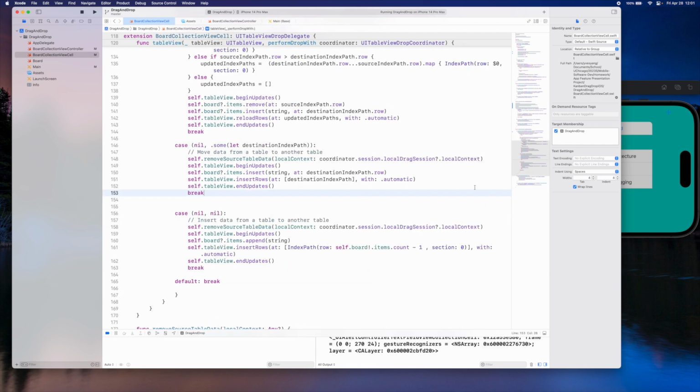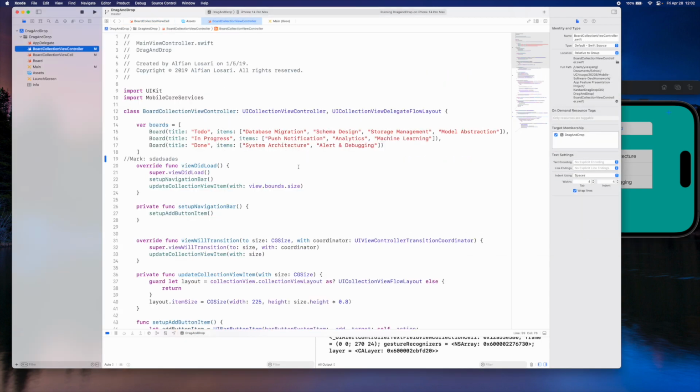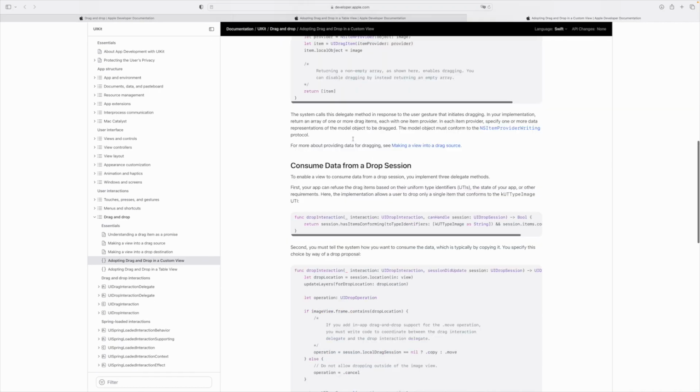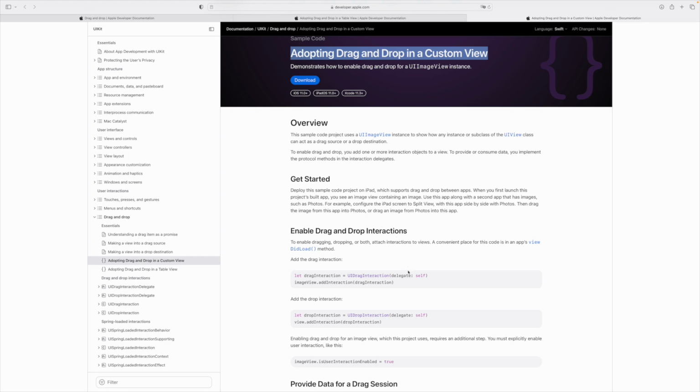And for the second scenario, which is dragging an item and dropping it onto the deletion button, we have a more general implementation for adopting drag and drop in a custom view, in this case, the button.